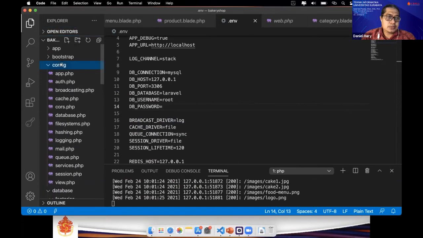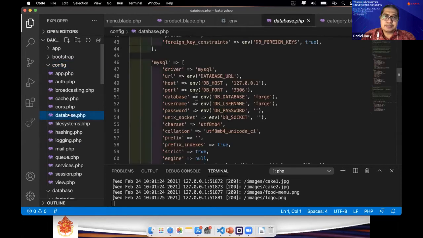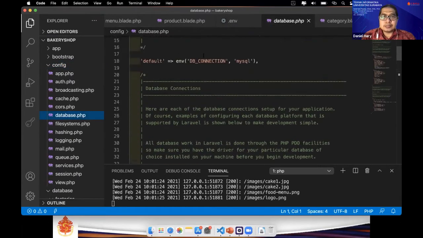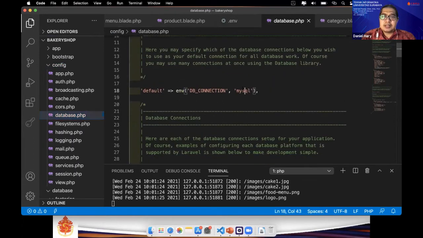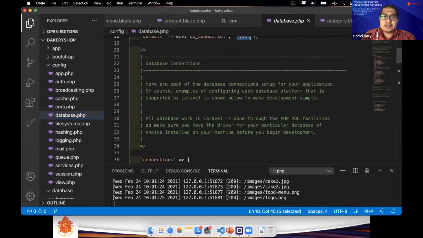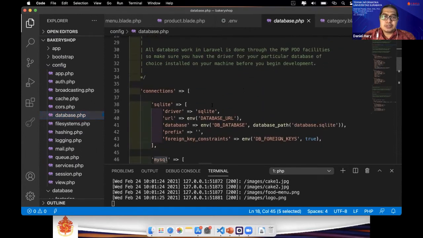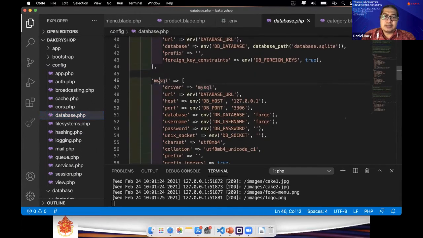Config, database.php. Okay. The default is MySQL, so if we use MySQL, it will use this MySQL setting.